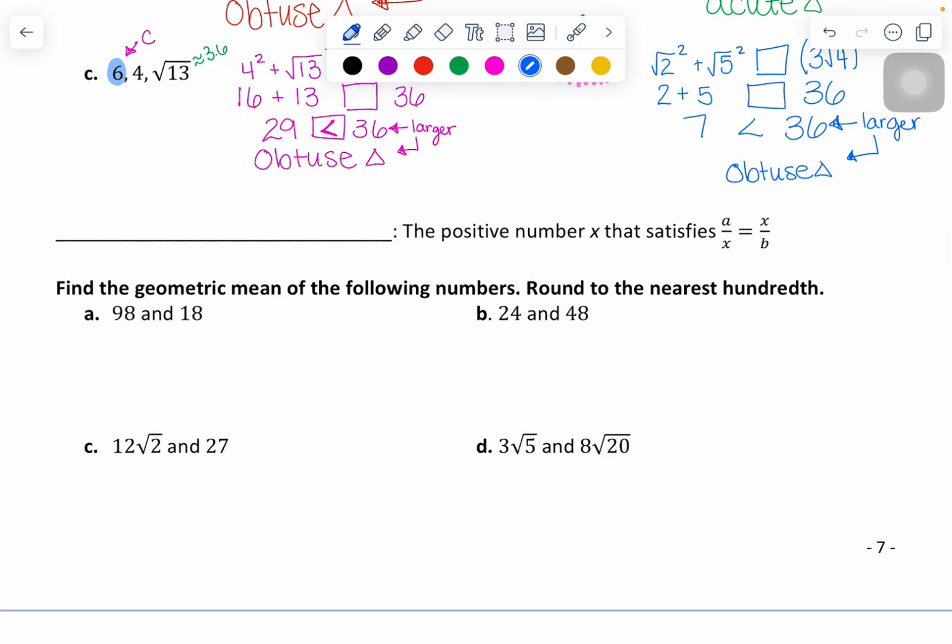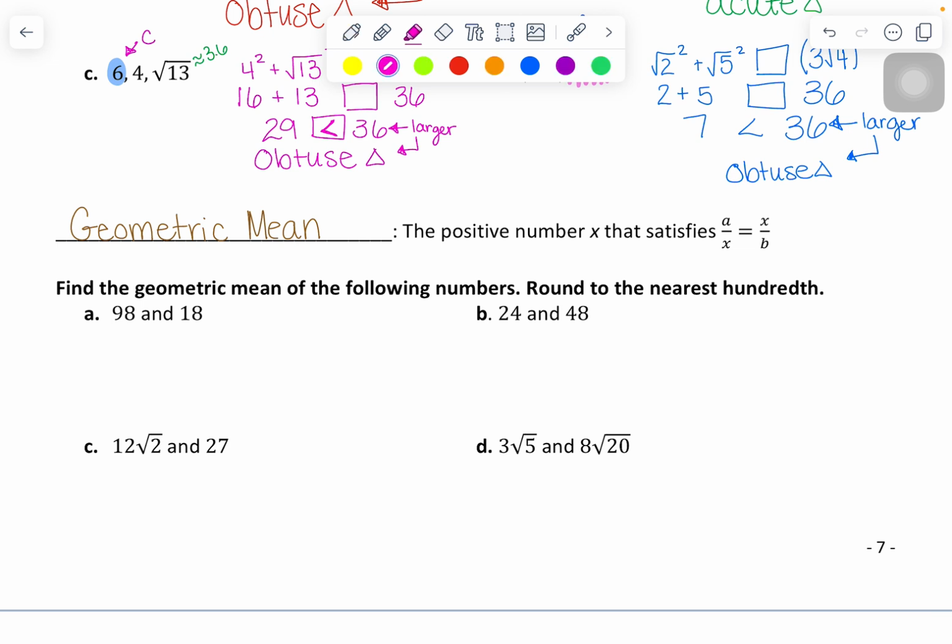Now, the other thing you're going to see today is a little bit different, but it's also a fairly easy concept: the idea of what's known as a geometric mean. Geometric mean will bring us a little bit back to Chapter 8 in that it makes us create a proportion. A geometric mean, by definition, is a positive number x that satisfies a over x equals x over b. If you want to find the geometric mean of a number,